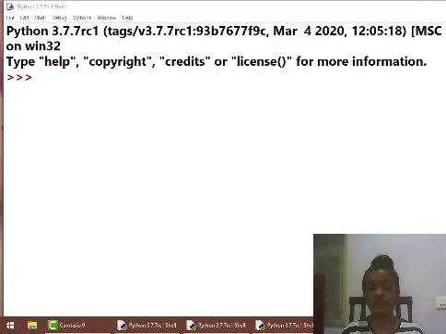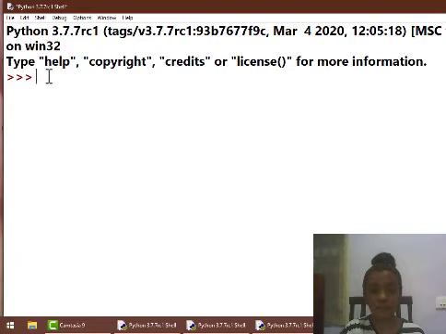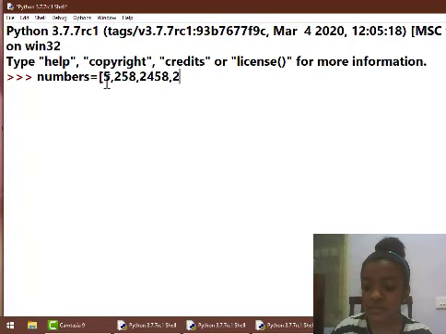That's it. So a list also allows you to include numbers within it. For example, here I am texting a variable numbers and I am assigning it to the list. Usually we denote the list using the square brackets. After that I am using numbers here. You can use any numbers you need to.